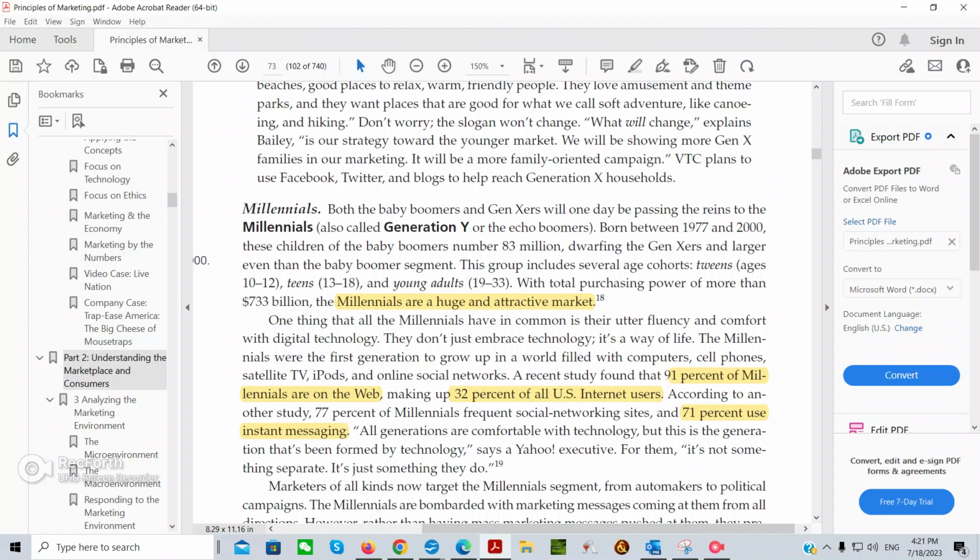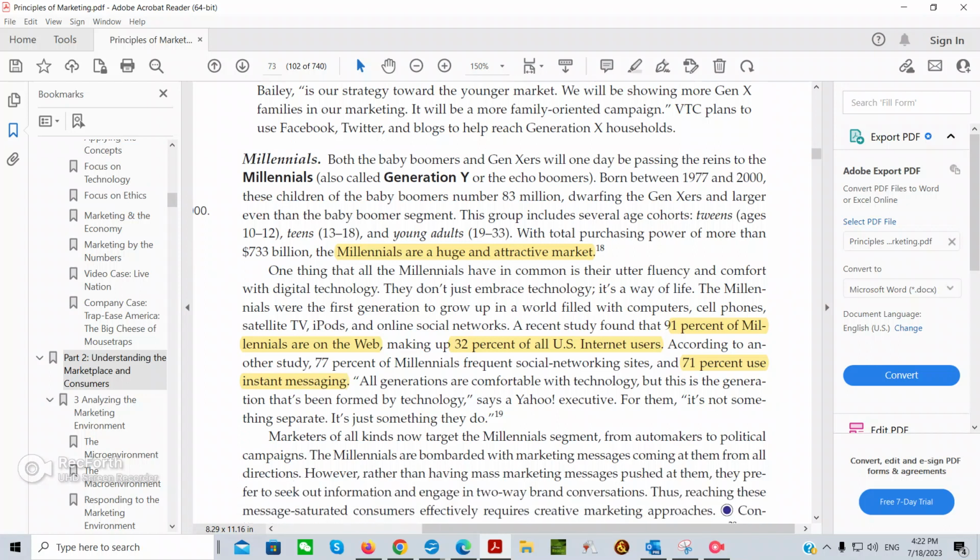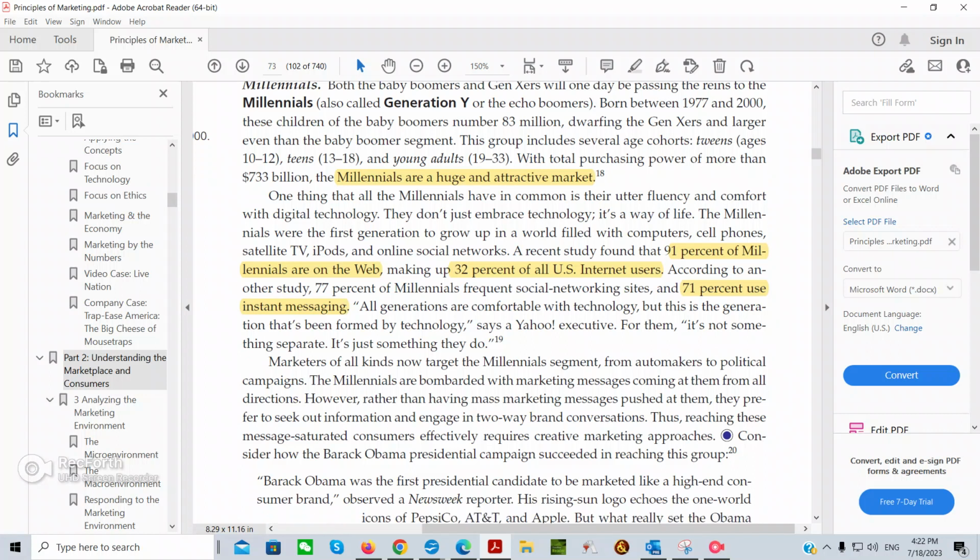I can tell you that's quite accurate because when I grew up, I did not have a computer, I did not have a cell phone, an iPod, or instant messaging. You know how people communicated? They picked up the phone and called somebody, or they wrote a letter. Or the third option was they saw them in person. You understand what I mean?